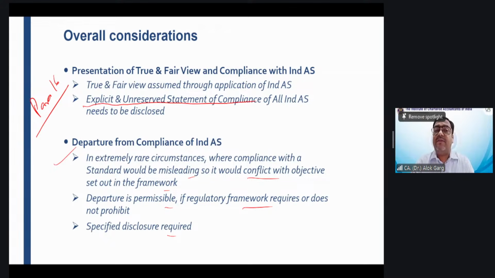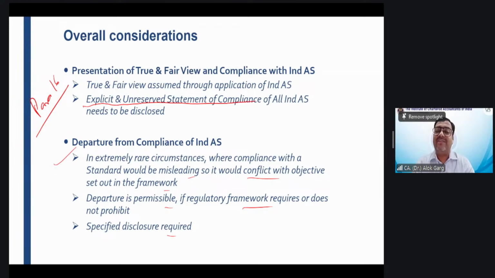And the Reserve Bank of India guidance also says, the Banking Regulation Act provision also says, that you cannot reveal the identity of the customer, or you cannot reveal the transactions with the customer, right? Because he doesn't want to say that I have taken a loan, probably, right? He doesn't want to disclose this fact. So friends, in this case, if you do not disclose, you will depart from the compliance of Ind AS 24, but your regulatory framework allows you. Regulatory framework means Banking Regulation Act, RBI provision allows you to depart.